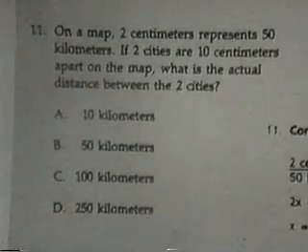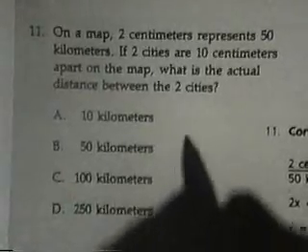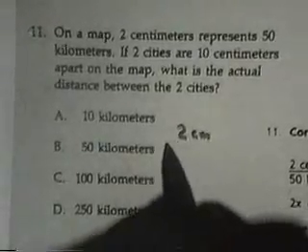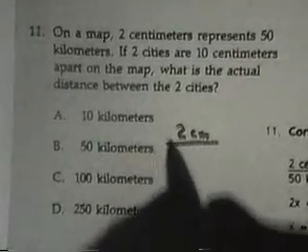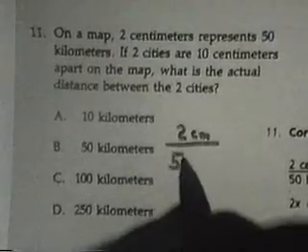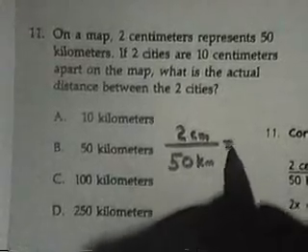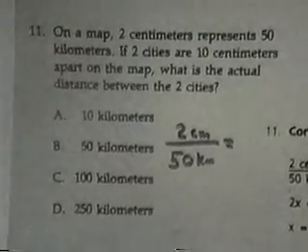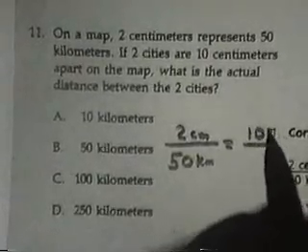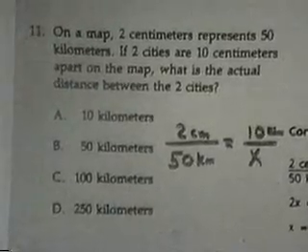Keep reading that, but it looks like that's a ratio proportion. What that says is for every 2 centimeters on the map it represents 50 kilometers on the ground. So I will come over here and say then what is 10 centimeters to the distance